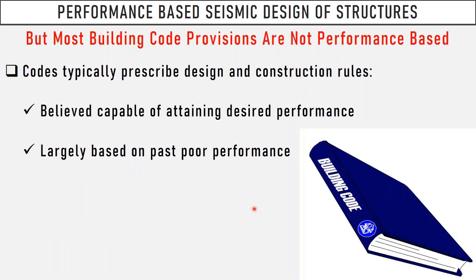And we know that starting from the so-called building code, the Blue Book times, most building code provisions are not performance-based. They intuitively believe that they are capable of attaining desired performance. Intuitively, as I mentioned, this is not an exactly defined, quantitatively defined performance. And at the end, after every earthquake, after every seismic event, we go to site and see the result and update what we have done.